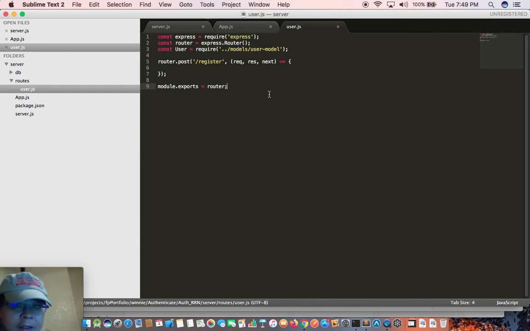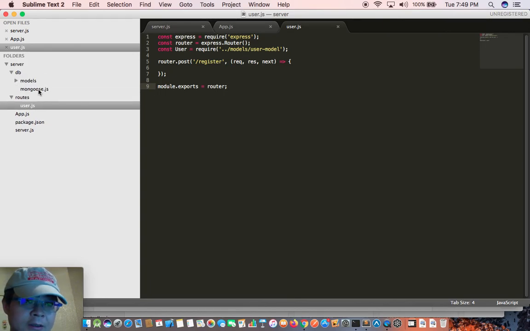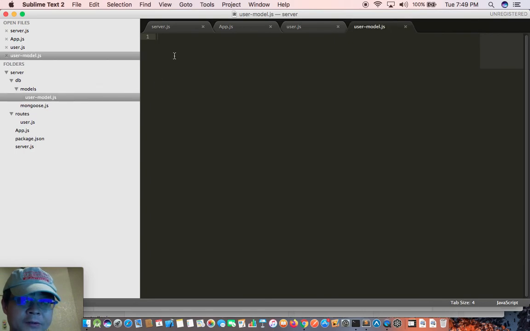Save. And because we are importing models user model, in here we need to work on the user model